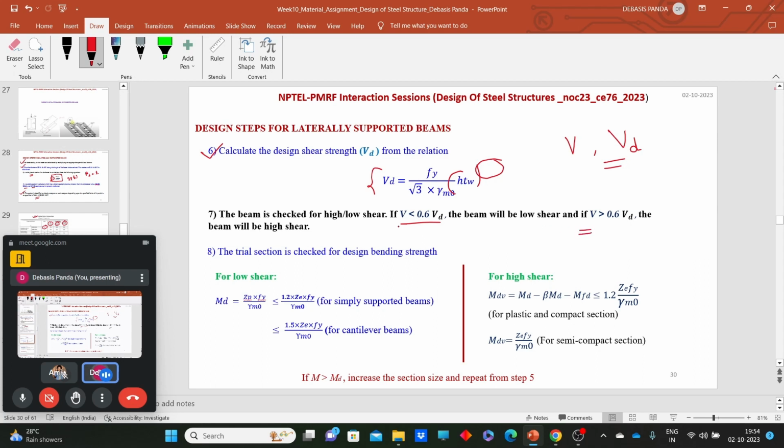If it is less, then we go for low shear and calculate the design bending strength using this formula. For high shear, we calculate using this formula. Now we have calculated MD, which is the design bending strength of the particular section we selected